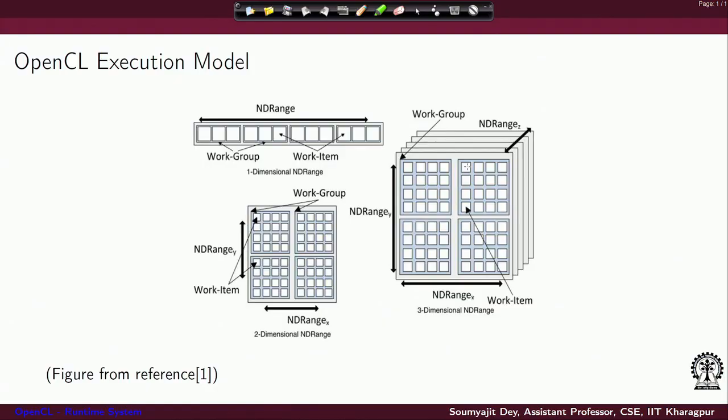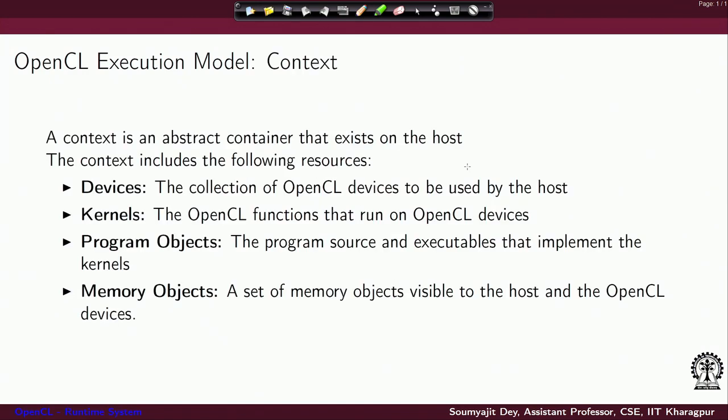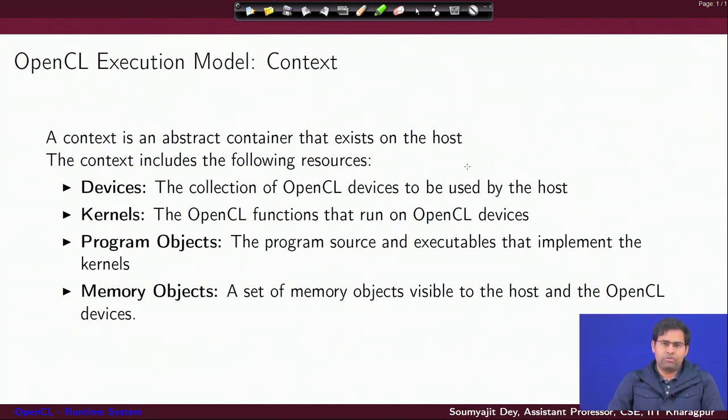In the last lecture, we briefly introduced the concepts of OpenCL programs and we were discussing the OpenCL execution model. Continuing that, we will slowly introduce the different OpenCL concepts one by one. What will come first is the OpenCL context. So, we are starting with the execution model of OpenCL programs.